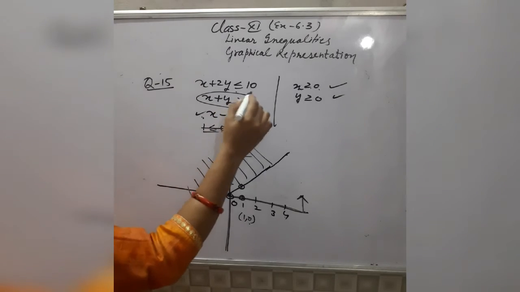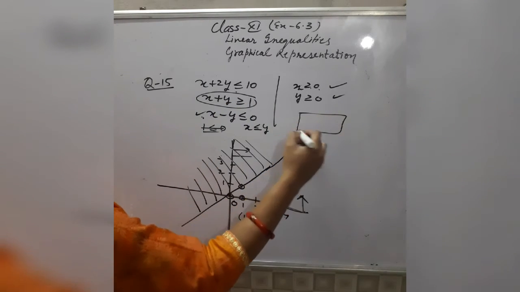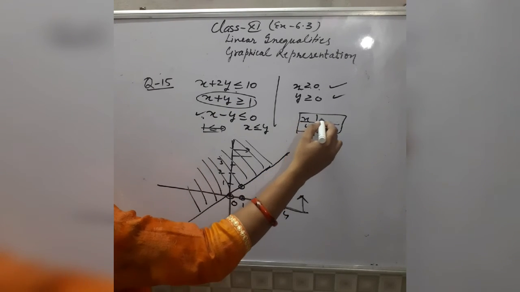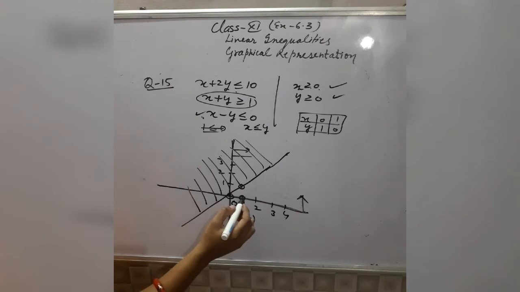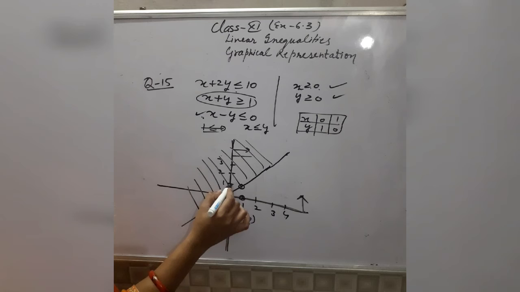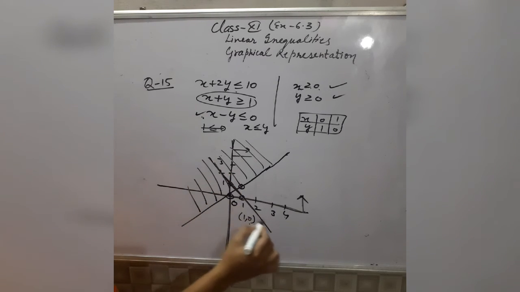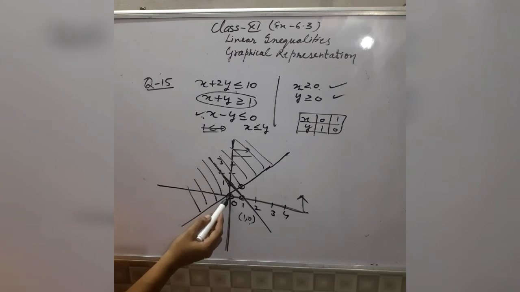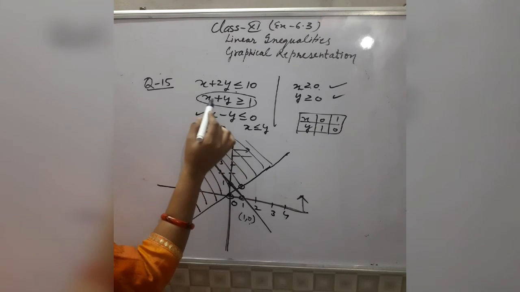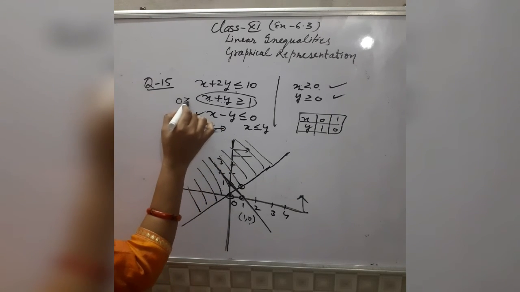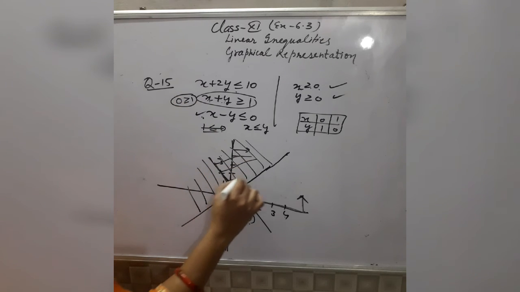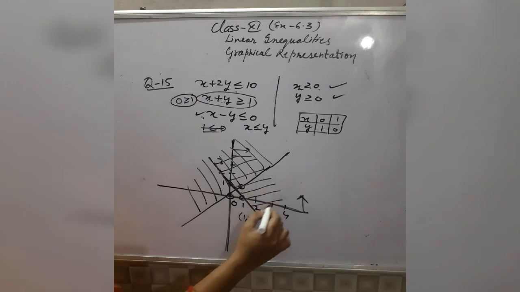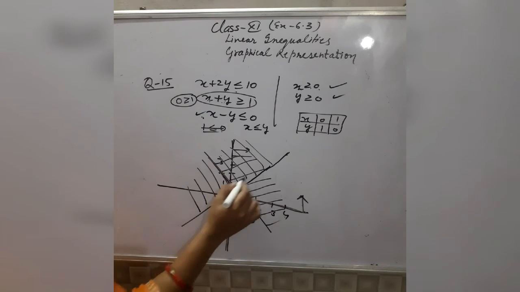So this is the solution for this third linear inequality. Now see this second one. If here you take x equal to 0, then the value of y will be 1. If you take y equal to 0, then the value of x will be 1. So x 0 and y 1, or y 0 and x 1, these are the 2 points. This is the line. This line does not pass through the origin, that's why you can put the origin here. If you put 0, 0, it gives you 0 greater than or equal to 1. This result is again false. False means you will shade the region away from the origin. Away from the origin means this is the region.